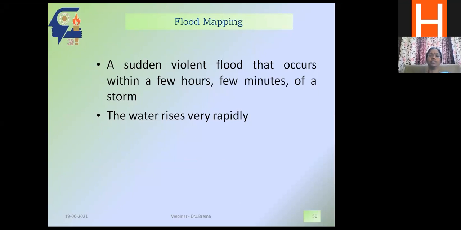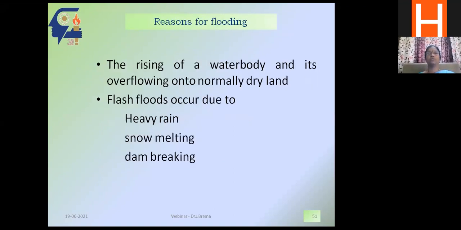Okay, next, this is another most important study that we have done: flood mapping. We all know that recently we are coming across many floods in the districts of Chennai, Kerala, and I have not taken a study in Andhra. These two places we have studied, and you can easily assess the inundated area with remote sensing tools, for after flood and before flood. We know the reasons for flooding, and there might be many reasons. One might be heavy rain or a breaching of a water body or something like that.